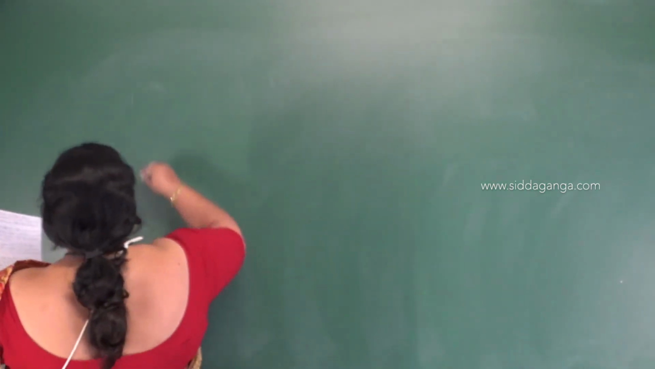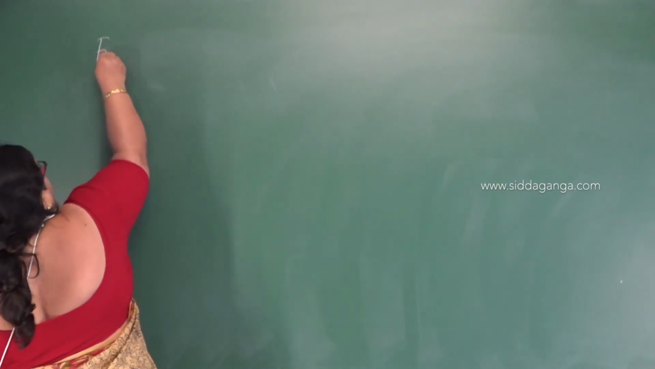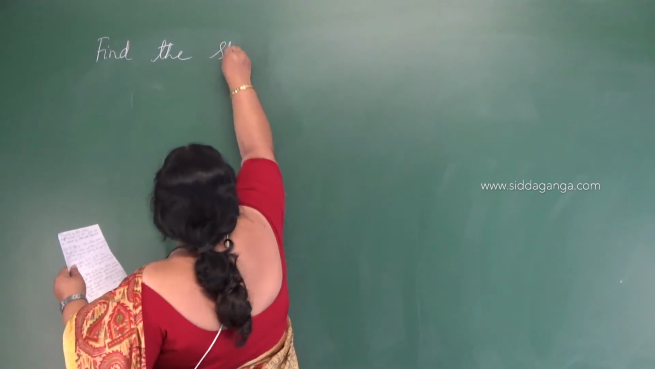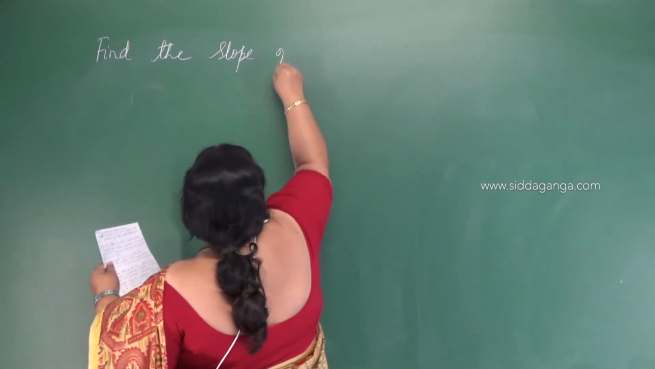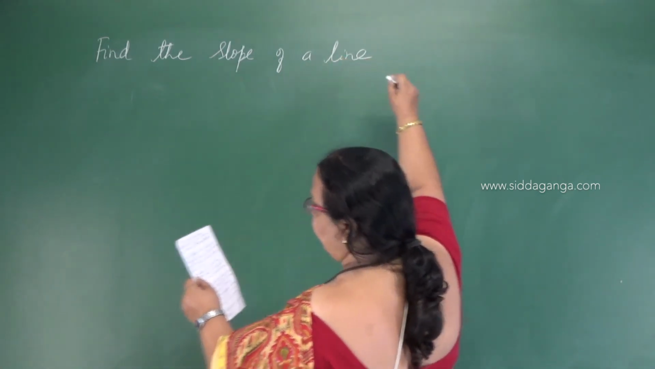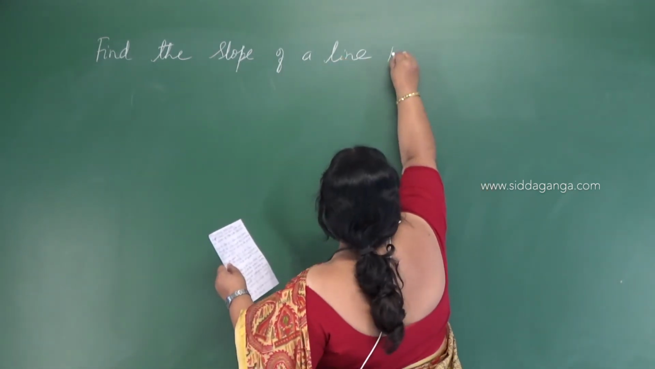So now you come for the next problem here. Find the slope of a line which passes through the origin